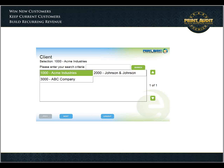So in the case of a law firm, they will be charging it off to what they call a matter code or a customer code. In this case, you can see without search criteria put in, you can actually start to enter in information, and it will filter and refine the search criteria until you get to where you want. But in this case, we've got 3 different customers: Acme Industries, Johnson & Johnson, and ABC Company. You click Acme Industries, and then go to Next, and then it'll allow you to start to copy or